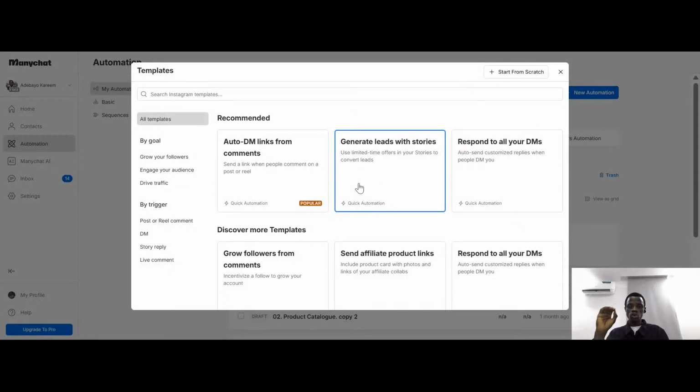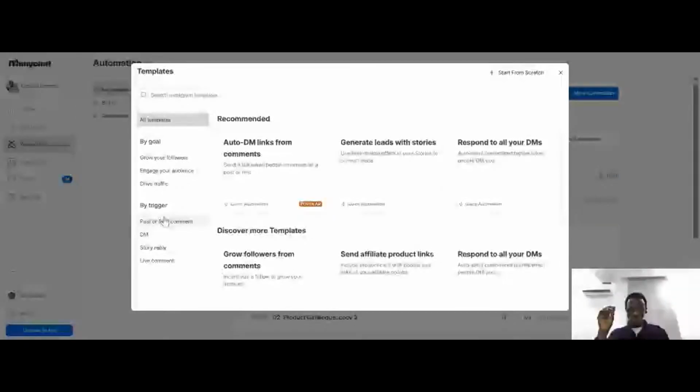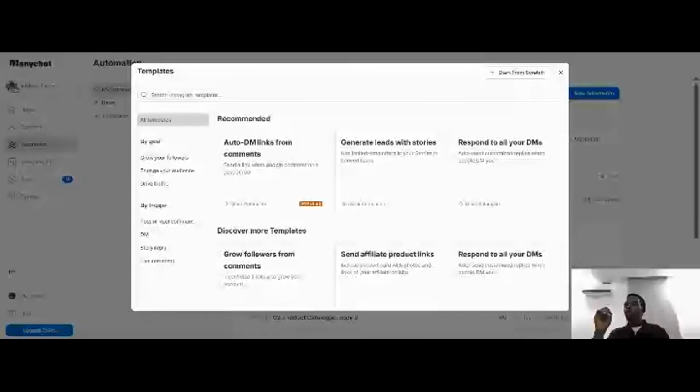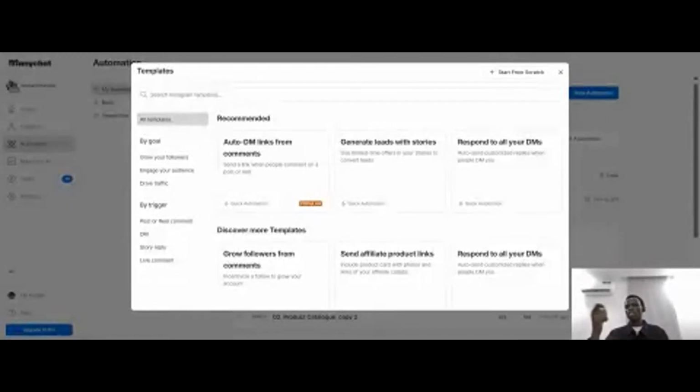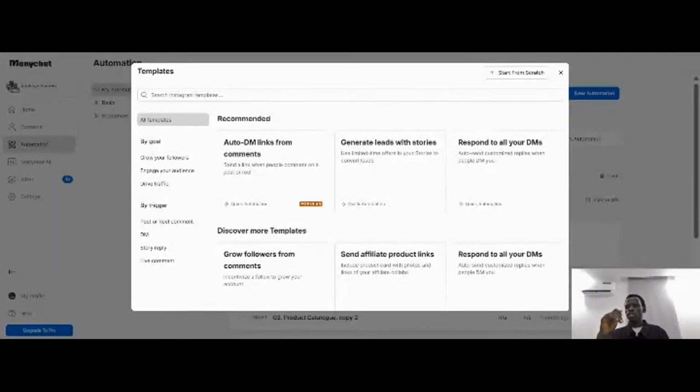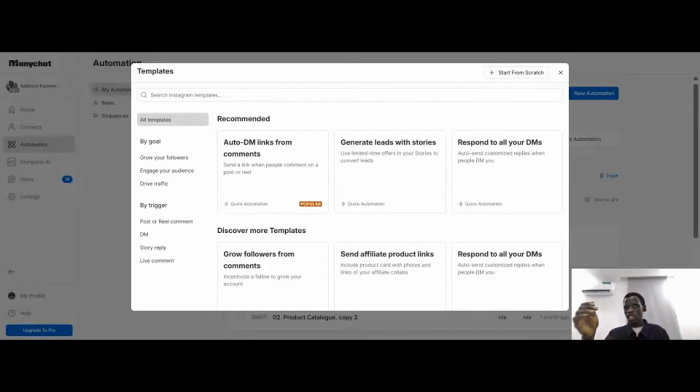Now, when you click on new automation, you can see this. You can select by goal, whatever your goal is for that moment. Is it to grow your audience, to engage with your audience, or traffic? Now, what is a trigger? A trigger is a situation that happens for your automation to start working. Maybe someone sends you a message, or comments on your post. Have you seen situations on Instagram where someone says comment guide to get this? That has been automated. The moment you write guide,